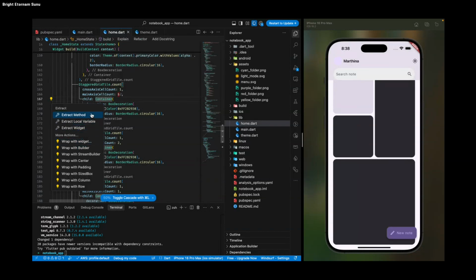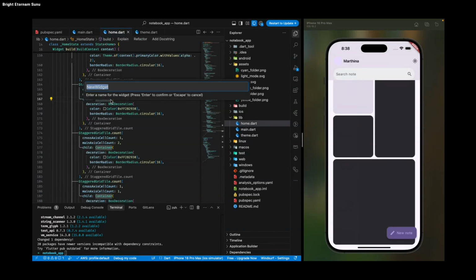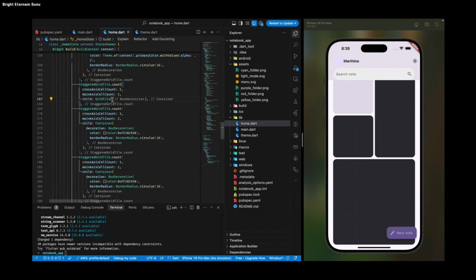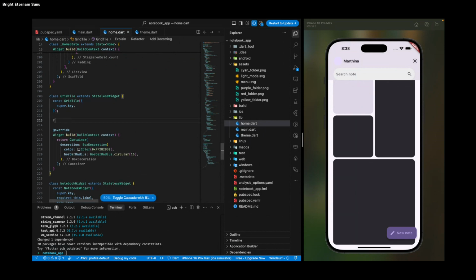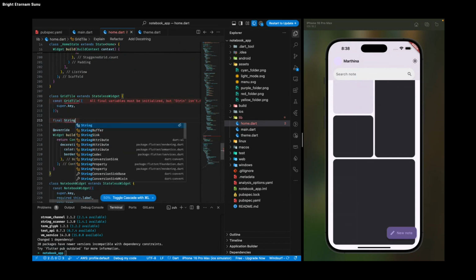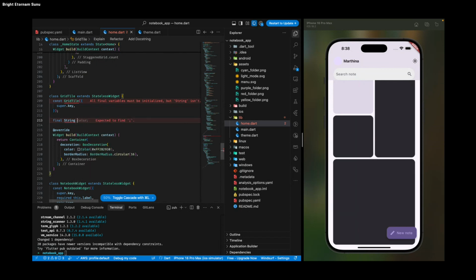So we can extract this container as its own widget and call it grade tile. And inside this, I'm not sure, I don't have time to draw everything, but inside this we have a string. I'm going to just call it